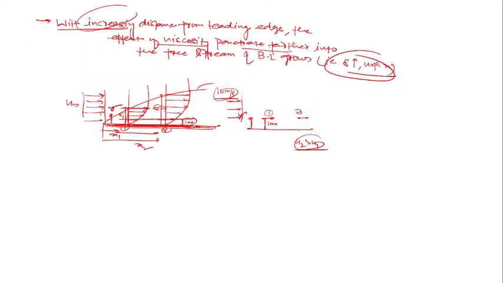At which point will the delta be higher? Delta means, what delta is there? Delta is the thickness in the y direction where the fluid velocity is 99% of upstream velocity. It means at which point the fluid will acquire the velocity close to the upstream velocity or free stream velocity. Tell me.